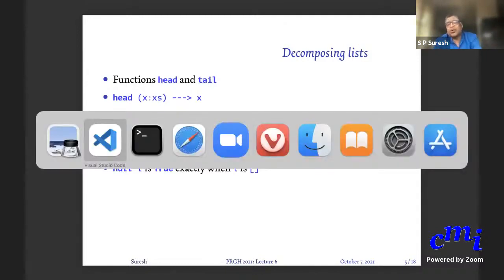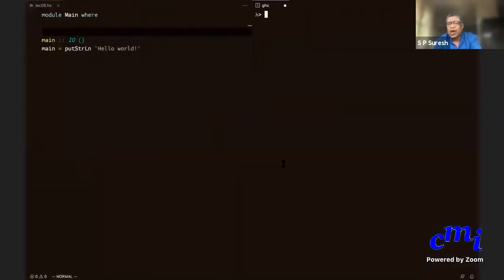Sometimes you might want to say, it is not safe to apply head or tail when the list is empty, so I need to first check whether the given list is empty. How do you do that? You do it using null. Null is a predicate, as they call it. Null is a function that you can use to check whether the input list is empty or not. Null of the empty list is true. Null of any non-empty list is false.